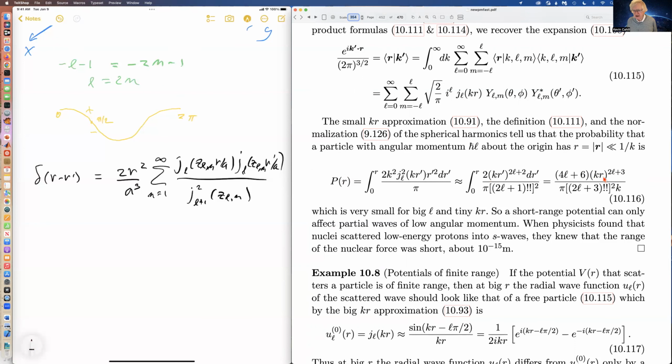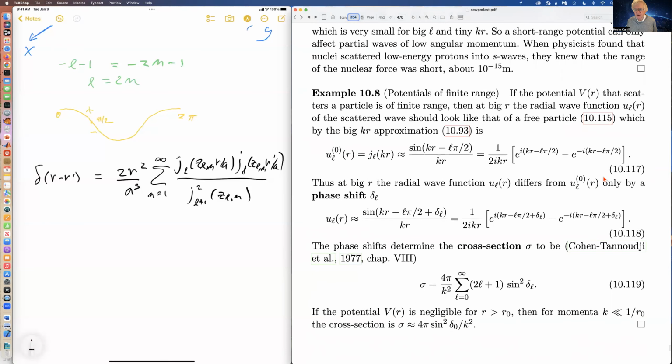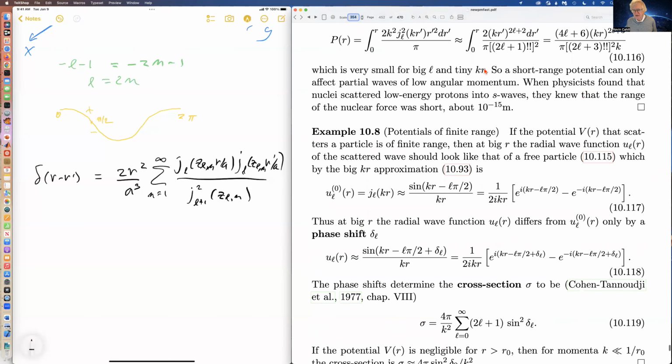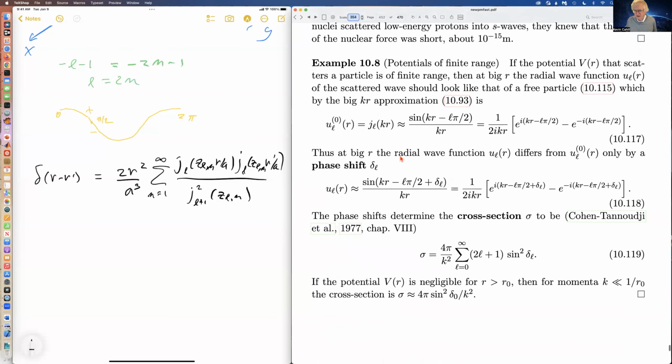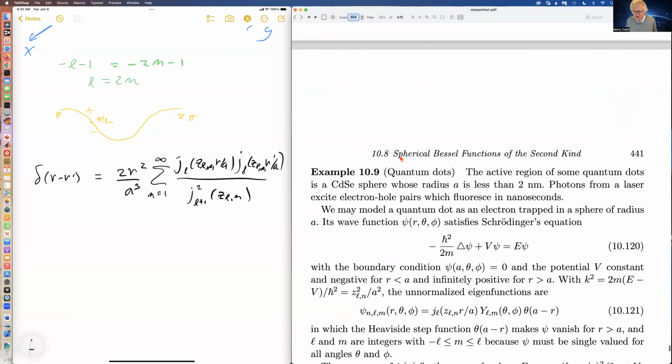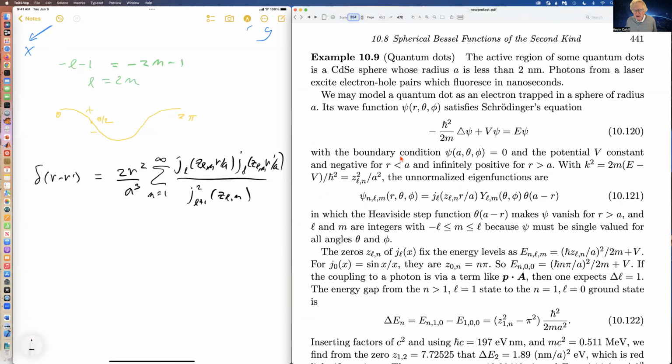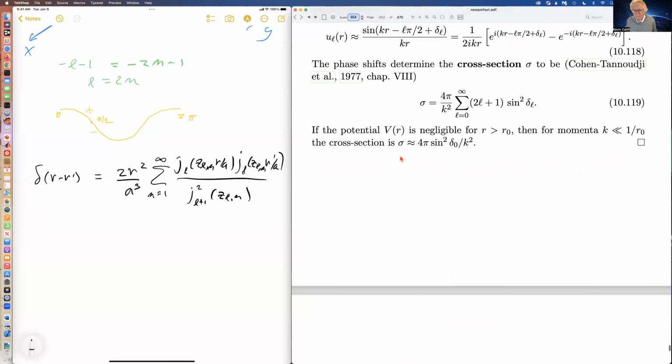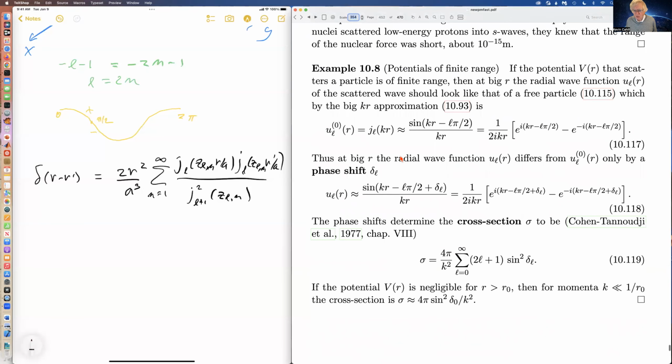So it was tiny kr here. That's the point. And so I added, I had previously tiny r. It's tiny kr. K, of course, is the momentum apart from a factor of h bar. And then there was this expression for what happens to the